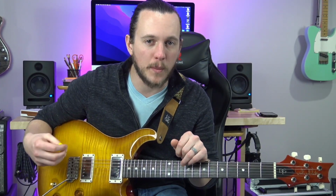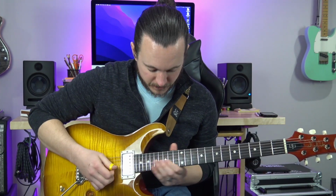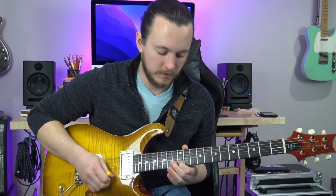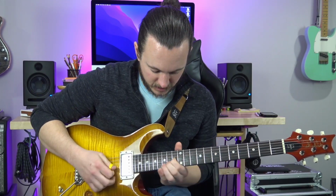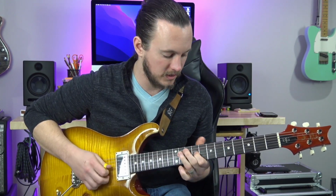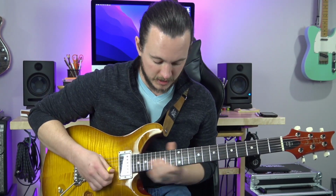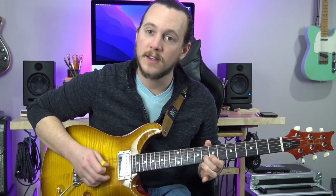Now that might be typically what we think of when we think triads, but here's another couple examples that you might not know about. Let's take a look at David Gilmour, the Comfortably Numb solo. 2 triads right there. Try it again. Some scale stuff. Triad. That solo is a lot of triads, and it's a great solo to learn some more about triads on the